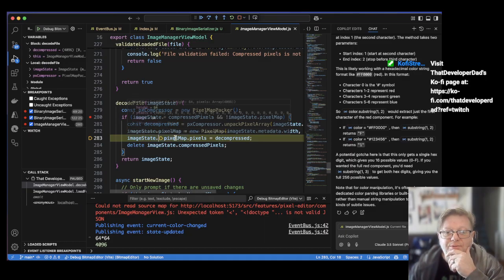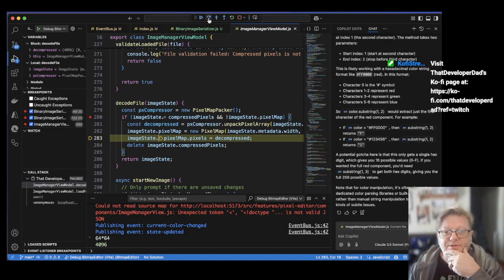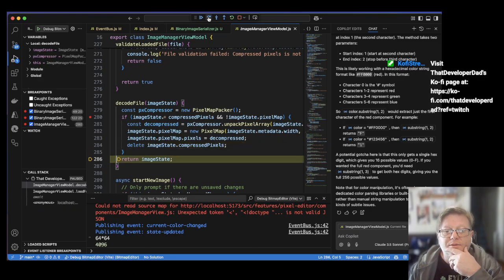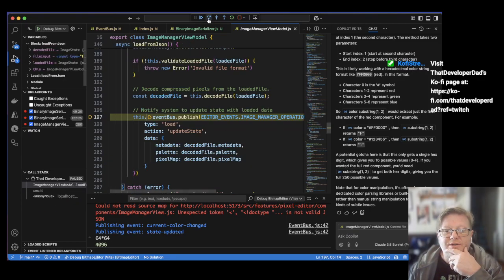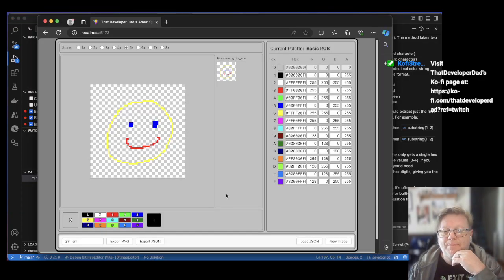Pixel map. All right, decompressed is decompressed. We can return the image state. Just let her rip and see what we get. We have a smiley face, and that is fantastic